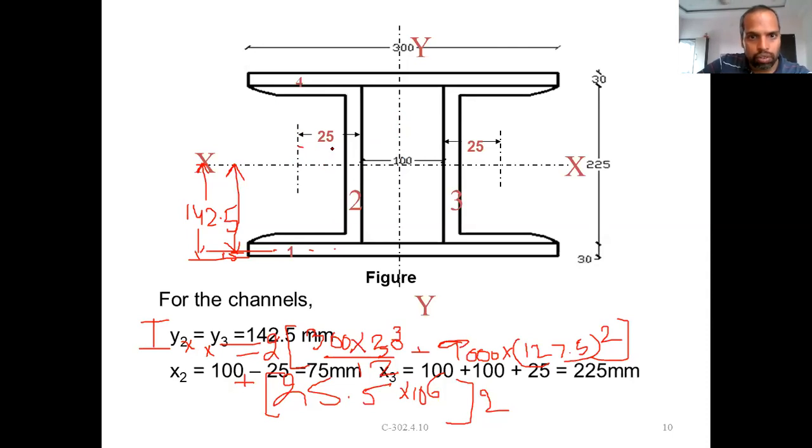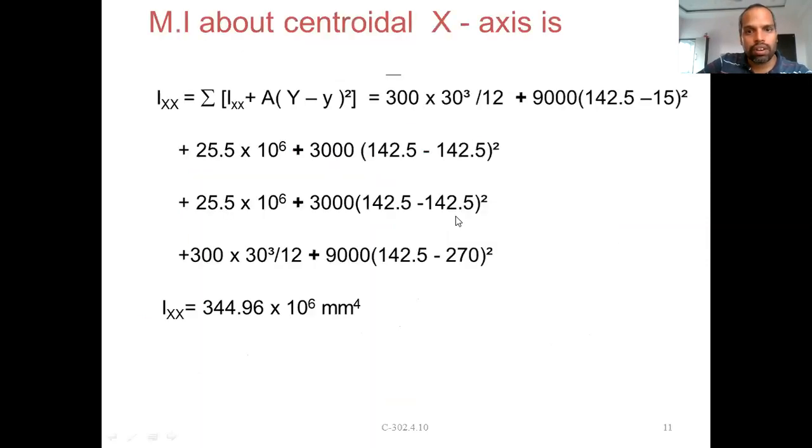H is nothing but the distance from here to here. How much is the distance? From here to here it is given in the problem, that is nothing but 25, the centroidal distance from the back of the web, given as 25 mm. Plus how much is this distance? Just think. If the total distance is 100, where does the center point lie? It is nothing but 50. This is at the midpoint, because this entire portion is cut into two parts. Midpoint means 100 by 2 means 50. So 50 plus 25, 75 square. That's what is given here.